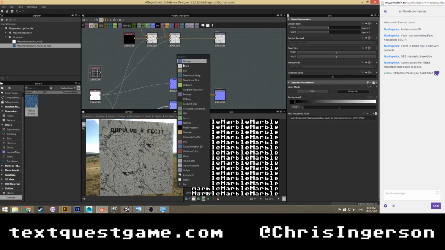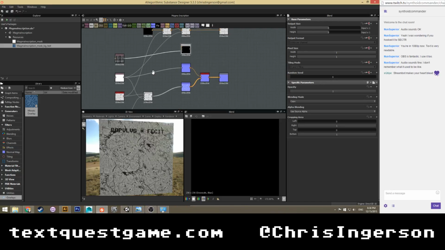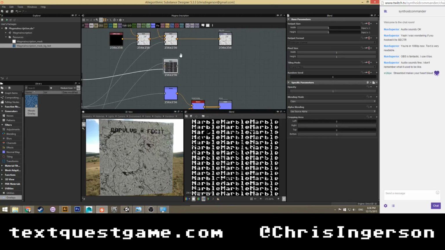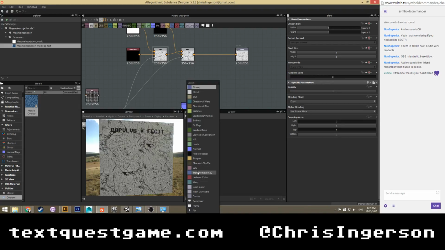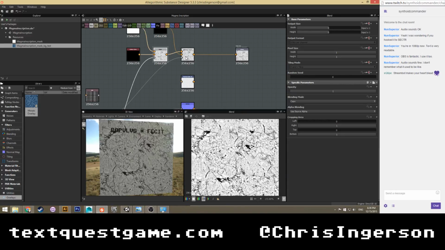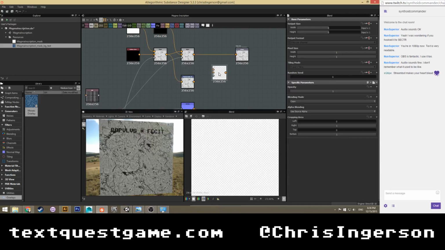So now, go ahead and stick a blend node in there. Oh, attach that. And let's go ahead and make that. Cool. And actually, you know what? Let's do this. Stick a transformation 2D node in here. Okay, no, that's fine. Let's put this here. Have another blend node.